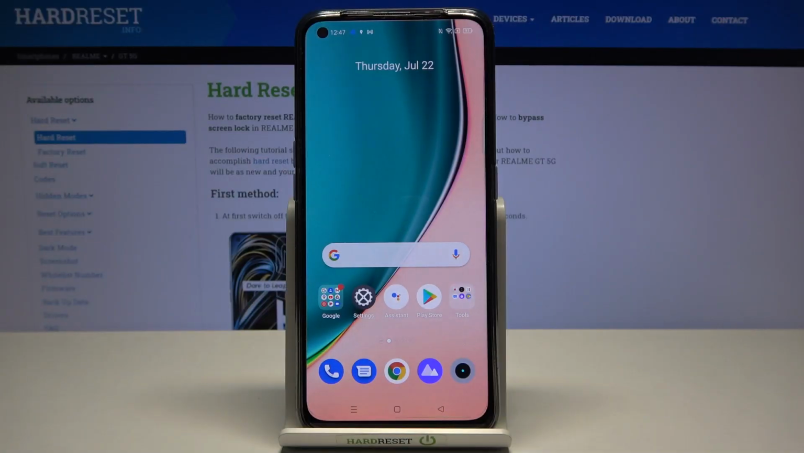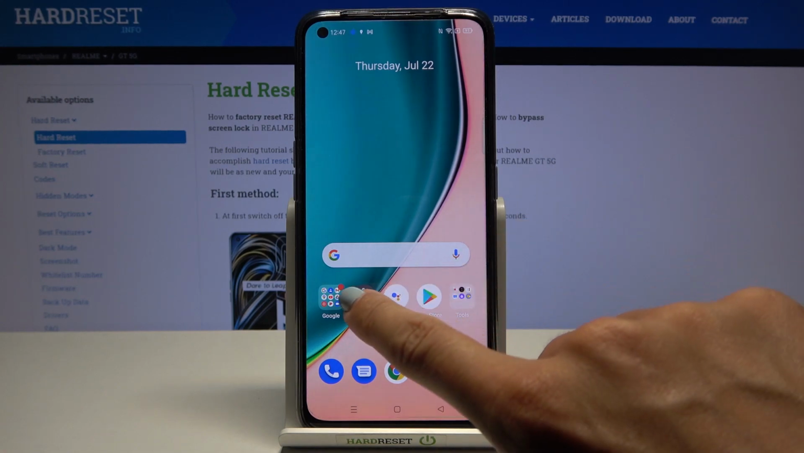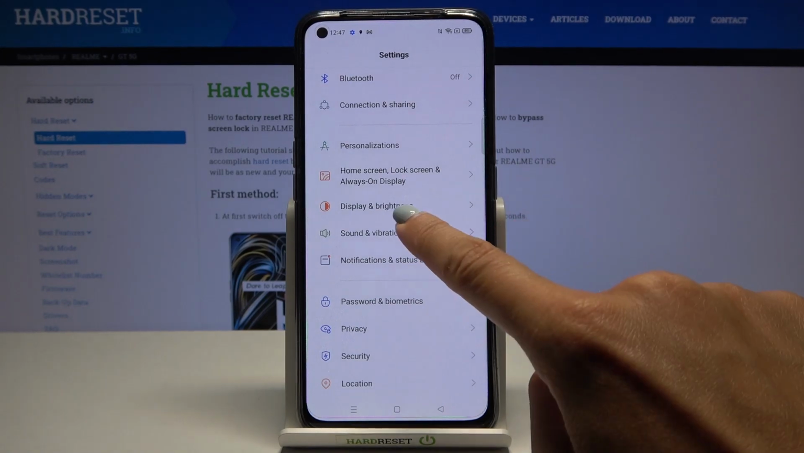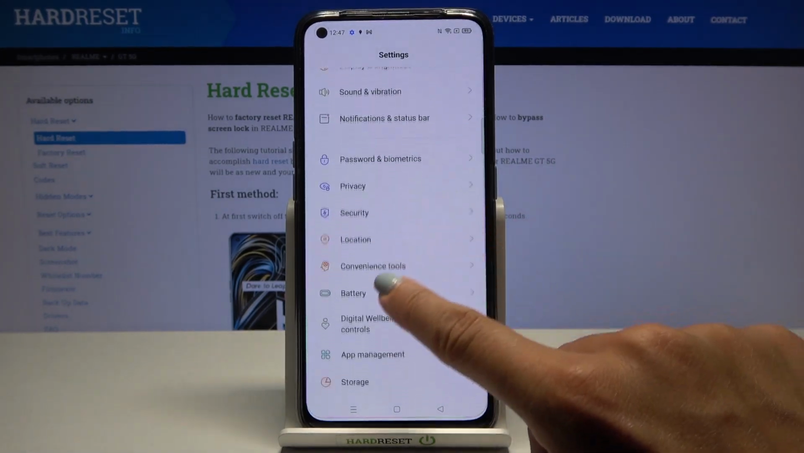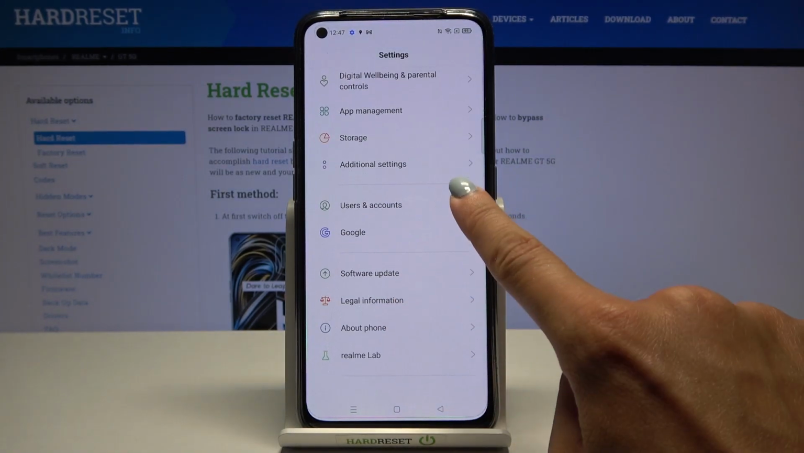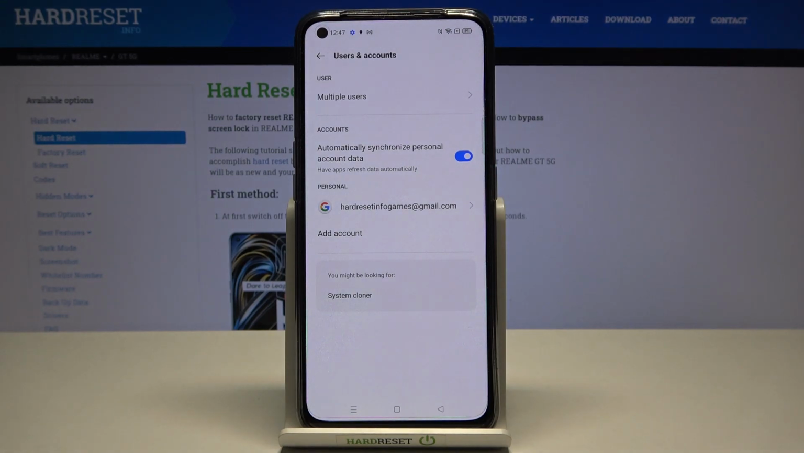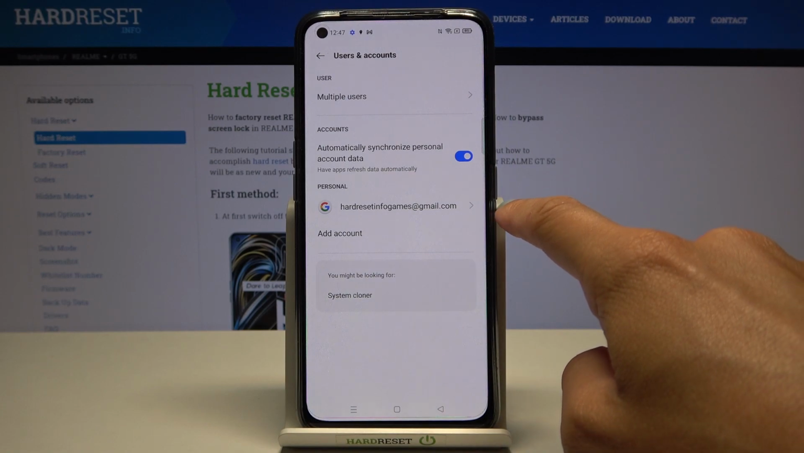In front of me is REALME GT 5G, and let me show you how to add or remove Google account on this device. So first of all, just open the settings, then find and select users and accounts, and as you can see, currently I am logged in with my Google account, and if you'd